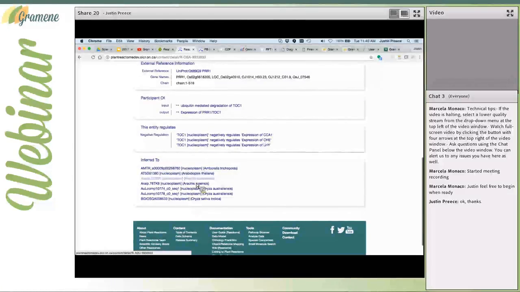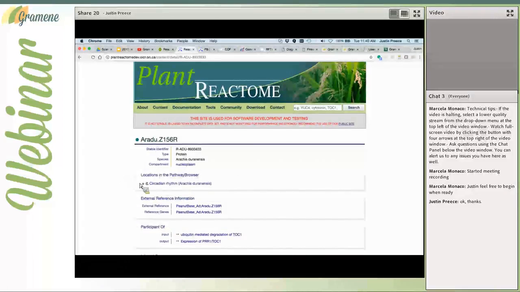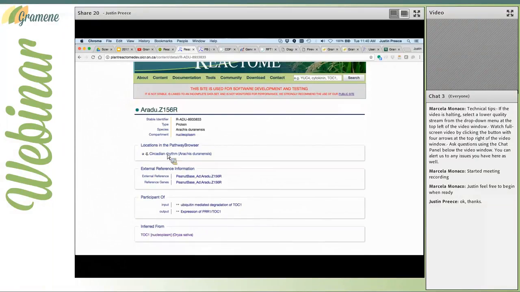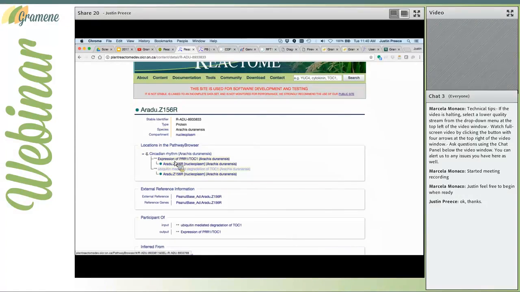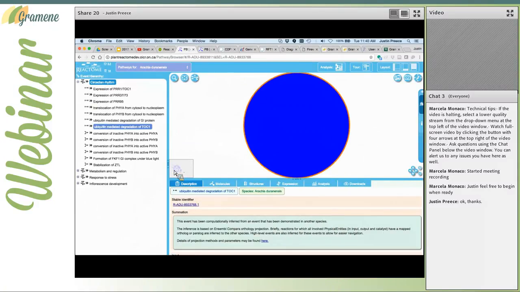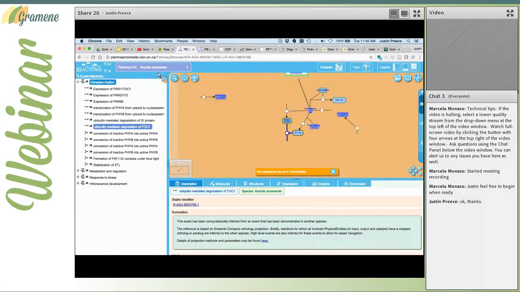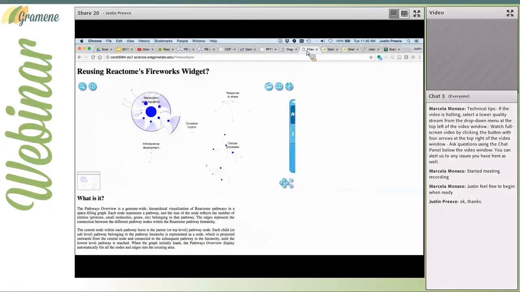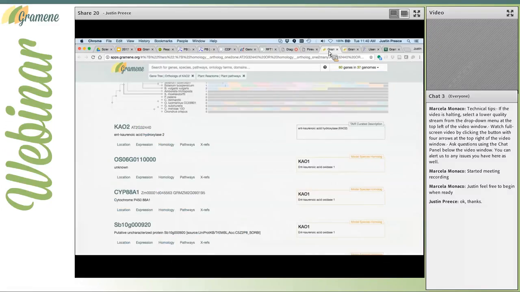So if I wanted to look at this result in another species, say Arabidopsis thaliana, then it will take me to those results, and then I could link to the circadian rhythm pathway or reactions in that pathway over on the pathway diagram, and it would take me over there, again, within this particular species. These search results are also integrated over with Gramene, and let's see if I have those preloaded,